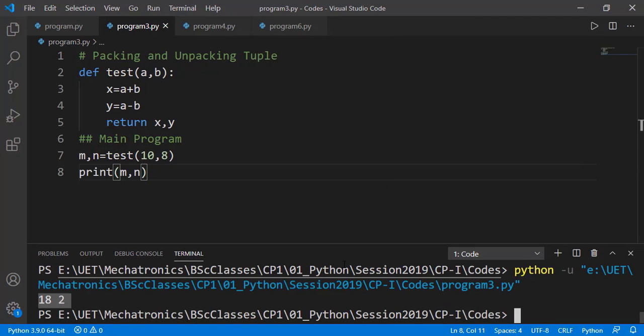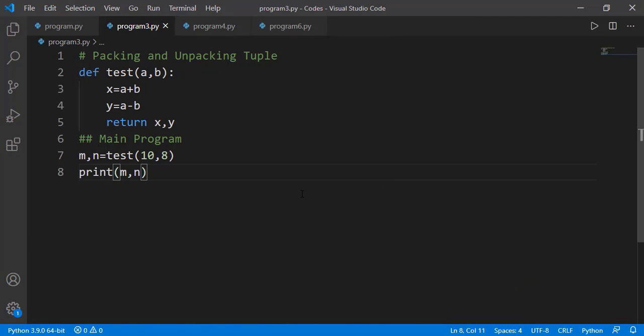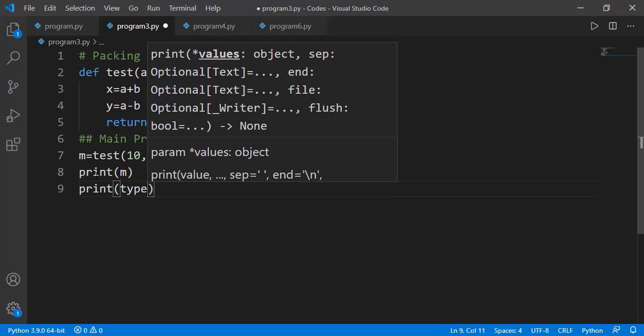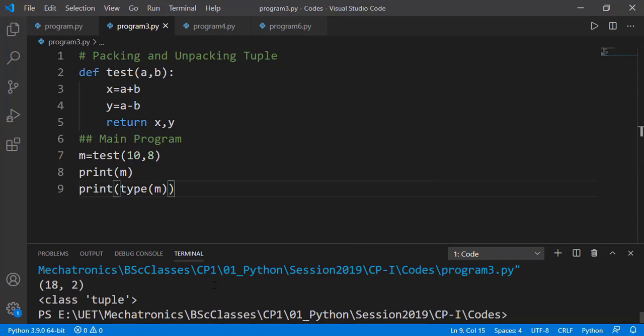M is having the sum and n is having the difference. What if I assign the function output to a single variable? Will that be the sum or the difference? Let's print that and also the data type. So you can see m contains both values as a tuple. It means that when we use this function like this, the function is returning a tuple with two values